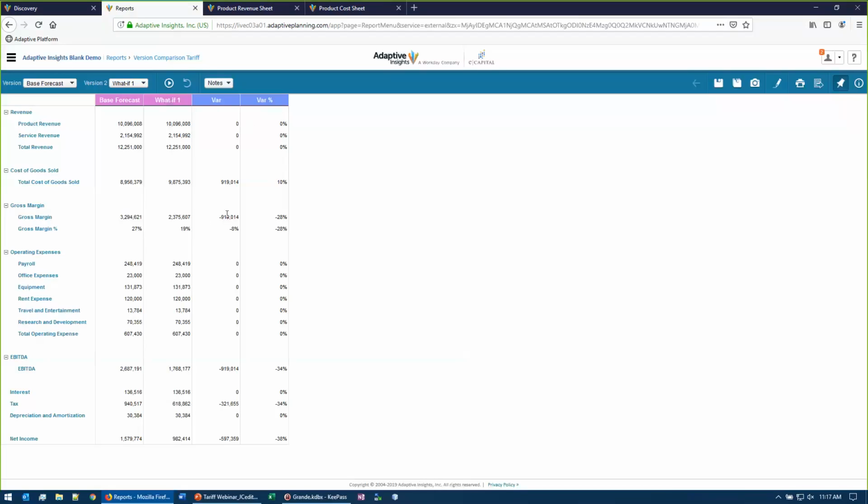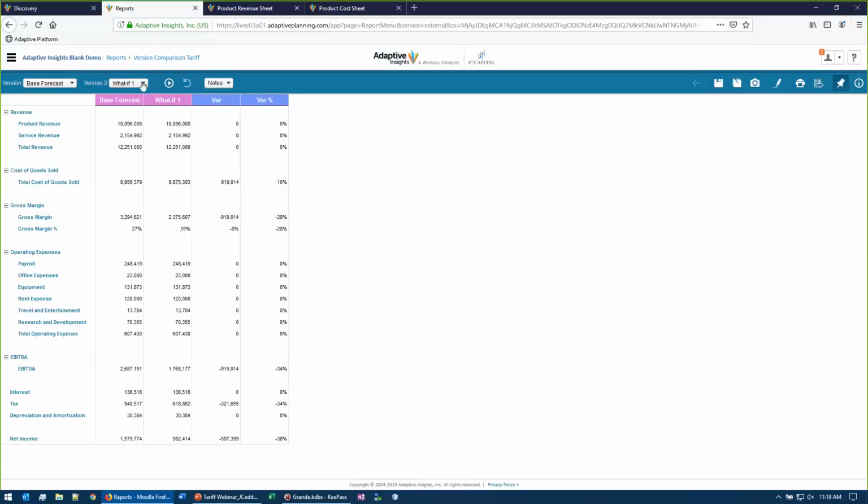You can see the biggest change was cost of goods sold, and that led to an 8% change in the gross margin on the year, but not much else changed on the top of the income statement. Product revenue didn't change because we didn't make any volume changes. Our operating expenses didn't change, and then we see the impact flow down to the bottom to EBITDA, and EBITDA is obviously connected to taxes, so we had a small decrease in taxes as well. But overall, it's a 38% impact on net income. That's a massive change for some tariffs like that coming in.